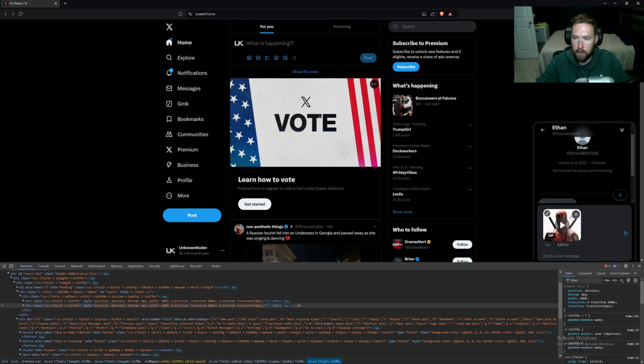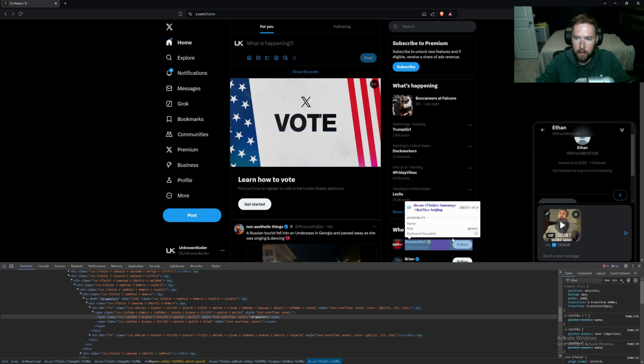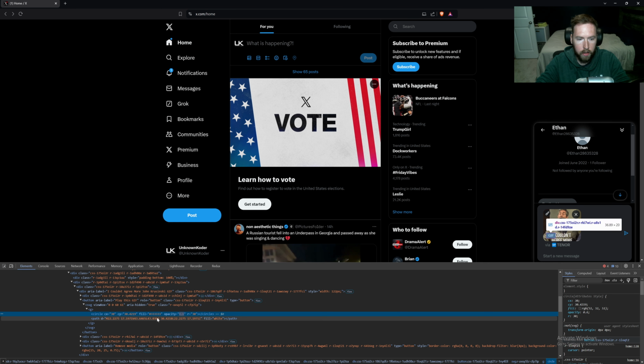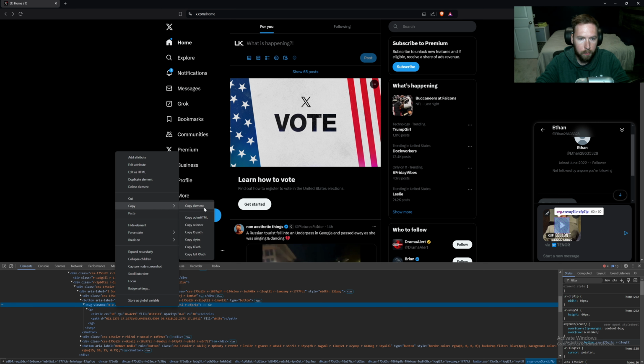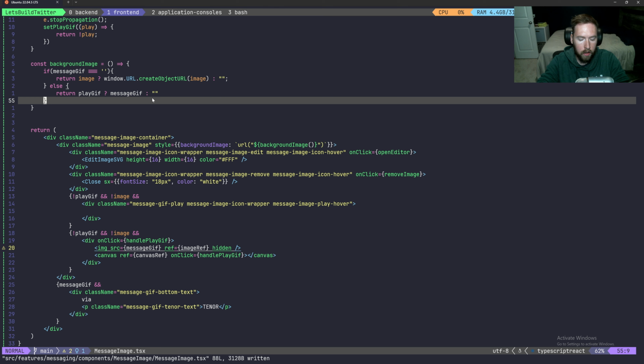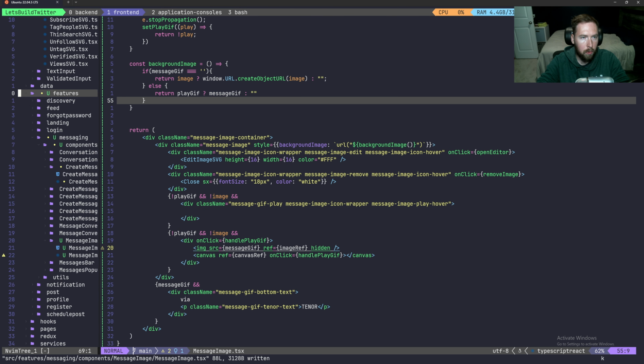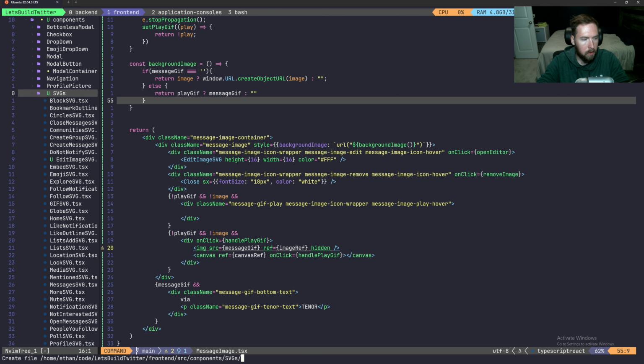And I'll do this. So this one's via Giphy. So let me find one that's via Tenor. There we go. So what we need first off is this circle icon here. We need this SVG. We're going to get rid of the circle, and we're just going to keep the path. So let's copy this guy. Copy image. Then let's open up our Explorer, go up to our components in SVGs, and we're going to say playGif